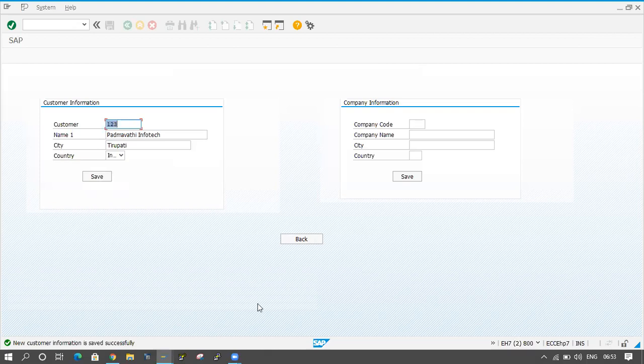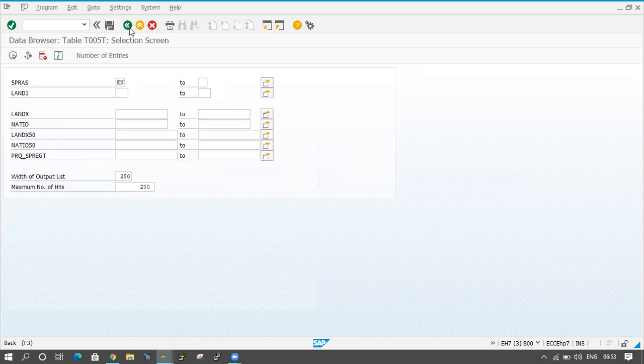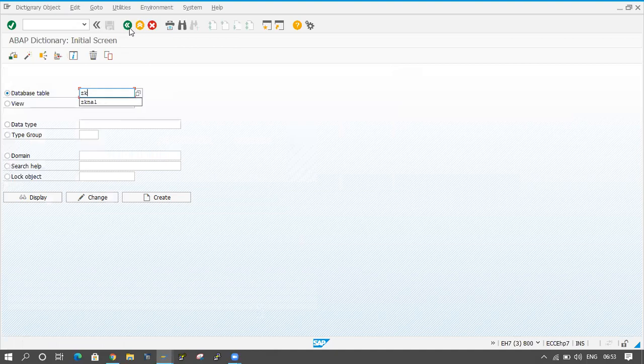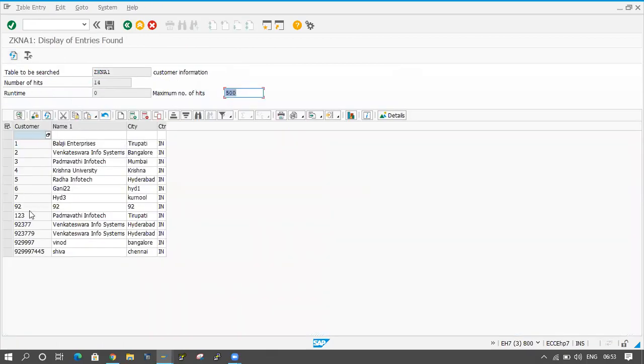Now I will check at the table level. This is the ZKNA1 table. 123 is the customer number, and the country key is coming as IN.